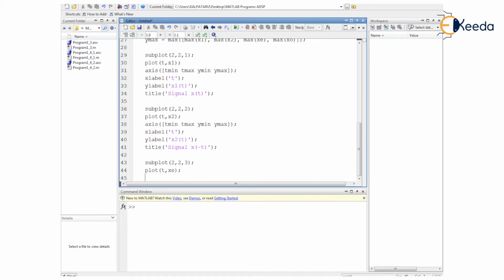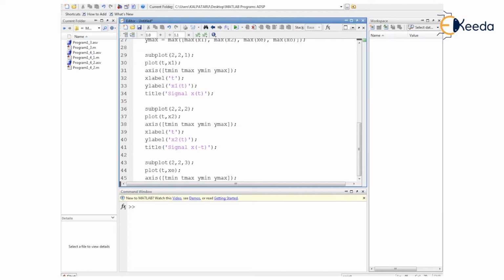Thereupon we are again making use of axis information. Within the parenthesis and a pair of square brackets we have t minimum, t maximum, y minimum, then y maximum.